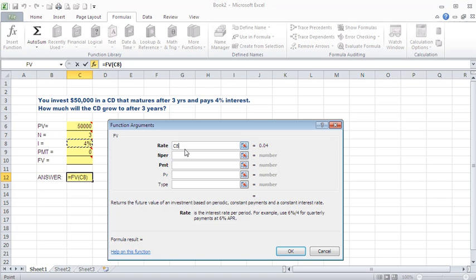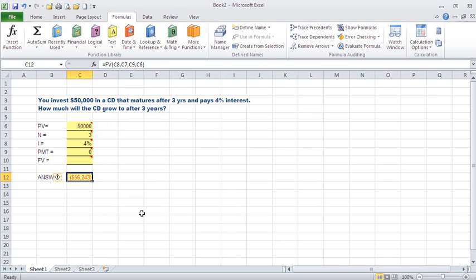Or as I said, you could enter 0.04 or 4% over here. Number of periods 3, payment was 0, present value 50,000. The type we can go ahead and leave blank. That is going to be dependent upon when we actually make the timing of the payment. So in this case, we're going to go ahead and assume here that we're making it at the end of the year. Click OK, and we've got our answer,